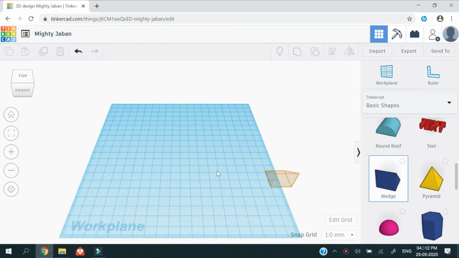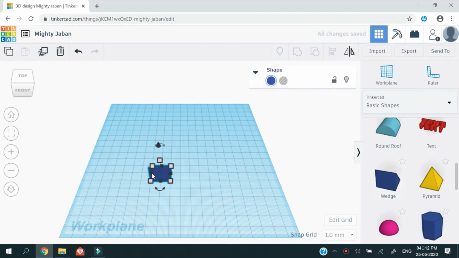First you need to drag a wedge and duplicate the wedge, and just drag the duplicated one and decrease its height to 5. Enter. Yes. And decrease the length and breadth of the duplicated one that we have just decreased the height of,